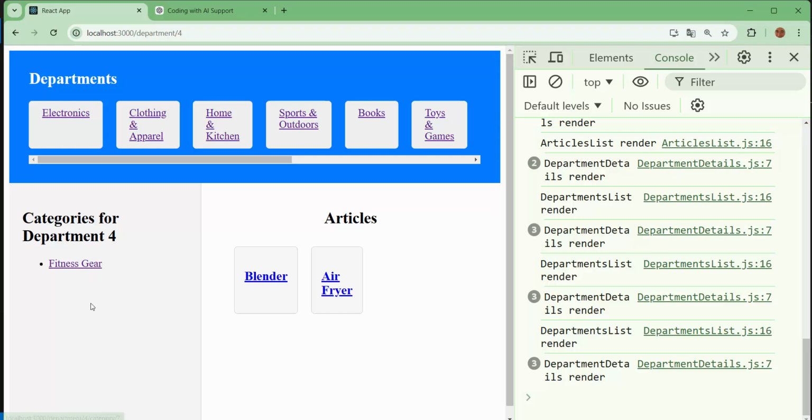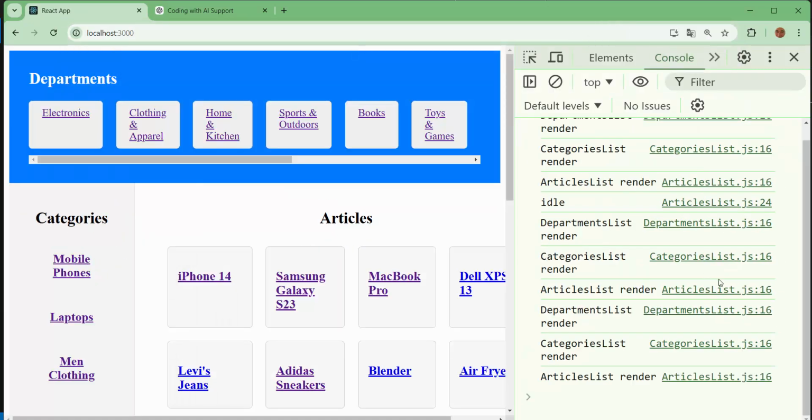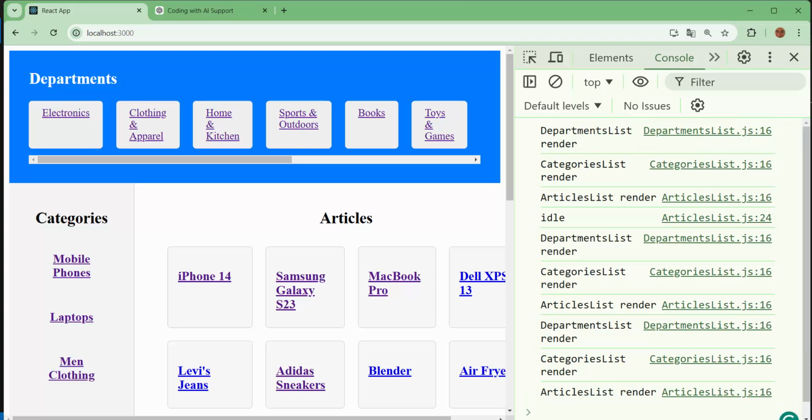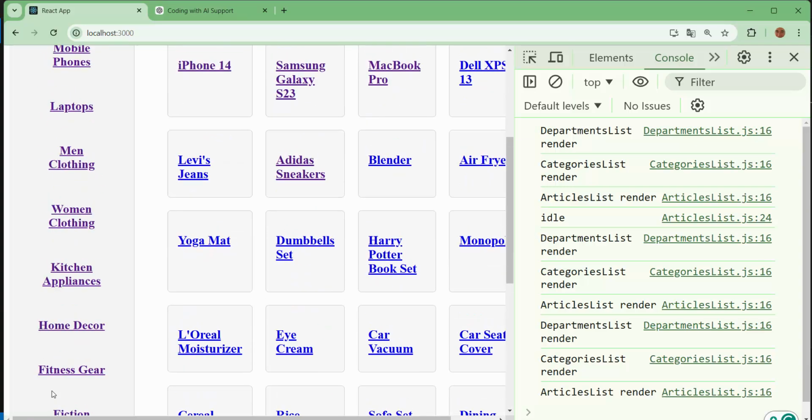But when I jump, for example, to default, delete the default address, it is localhost 3000, and enter, I have the category list again. And I ask myself, why